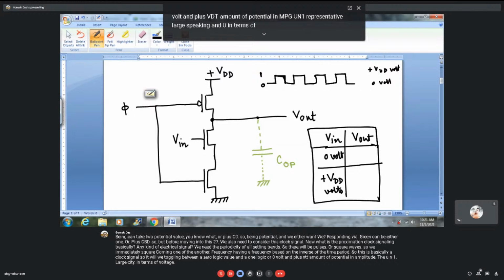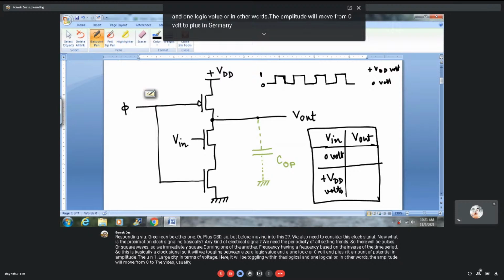Here it will be toggling between 0 logic value and 1 logic value, or in other words, the amplitude will move from 0 volt to plus VDD amount of potential. Usually in most of our VLSI circuits today, we use the biasing potential of plus 5 volts. So VDD equals 5 volts. That's a different issue altogether. But the clock signal will toggle like this